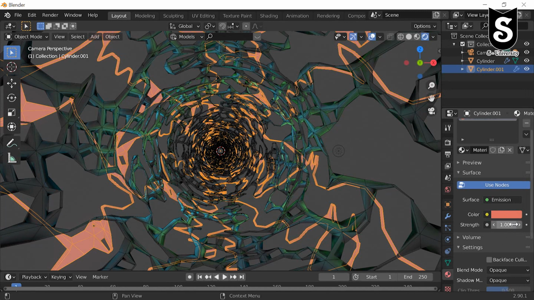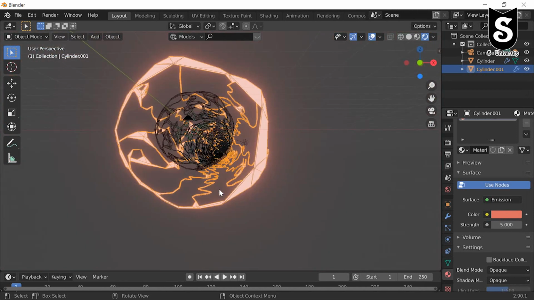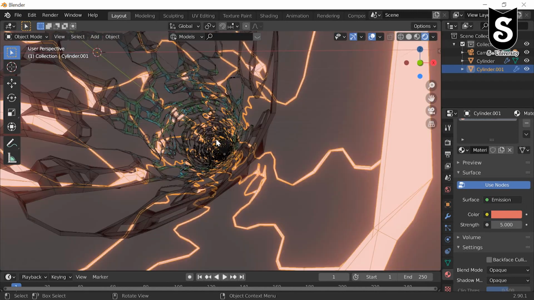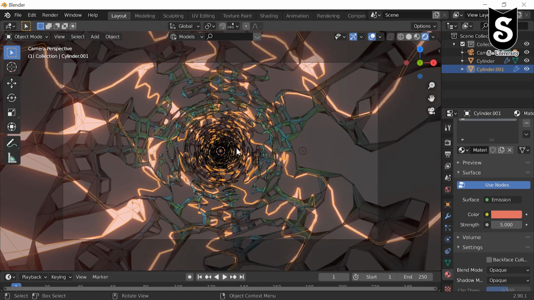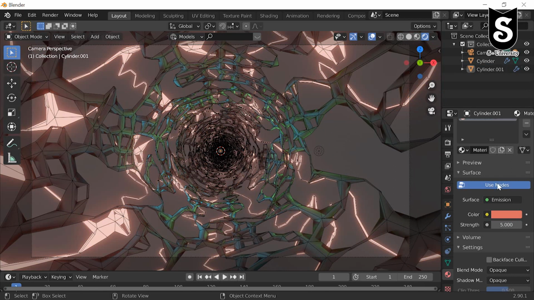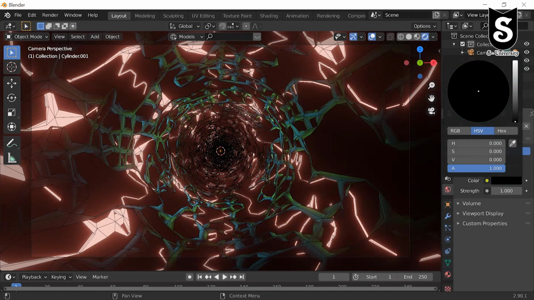Increase the size around 5. Press 0. Go to world setting. Change the dimension to black.